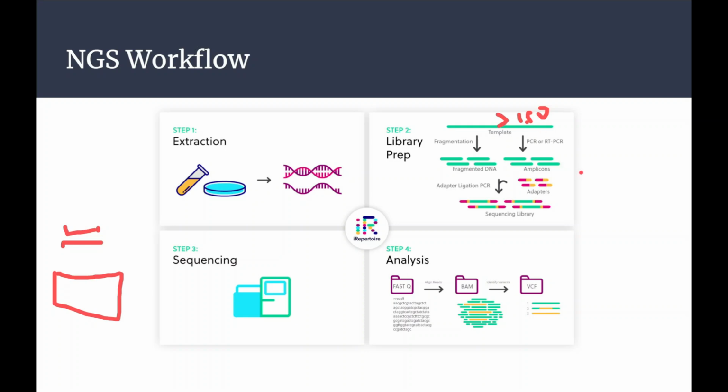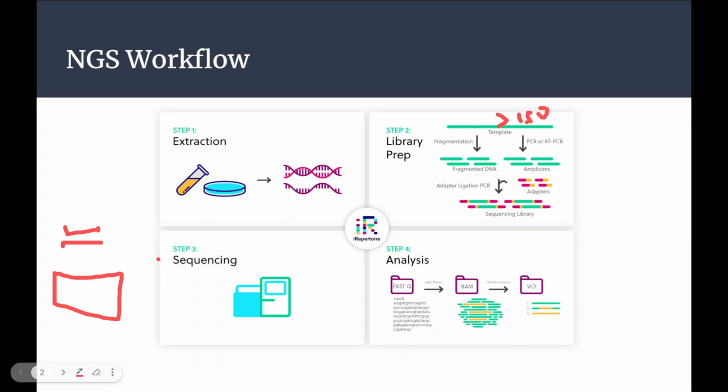We can also say, for example, when we are dealing with metagenomics data, where we have short reads, basically 16S RNA sequencing, at that time we call it an amplicon. Those are different concepts you can read about. The basic concept is we will have a bigger stretch of DNA, and we do fragmentation to create fragmented DNA, or a small stretch of DNA. Now this stretch will be less than 150 base pairs, so it is going to fit the requirement of the sequencer.